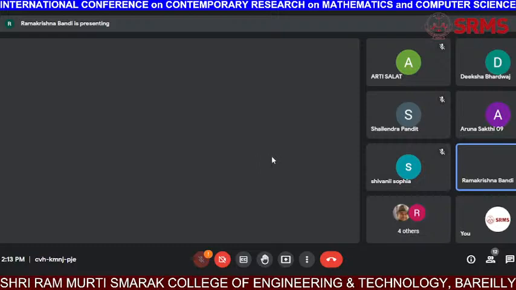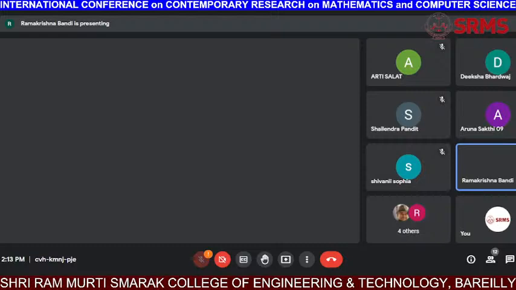Now I'm going to talk about one special family of codes called linear complementary dual codes. What do I mean by a linear complementary dual code? Let's say C is a linear code, and we know C perp is its dual. Since these two are sets, if I take the intersection of these two, there might sometimes be a non-empty intersection. But whenever the intersection contains only the 0 element, we call it a linear complementary dual code. That means the intersection of a code with its dual is only the all-zero vector. When C meets its dual trivially, we call it a linear complementary dual code.